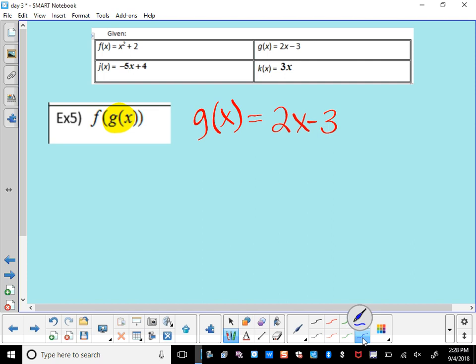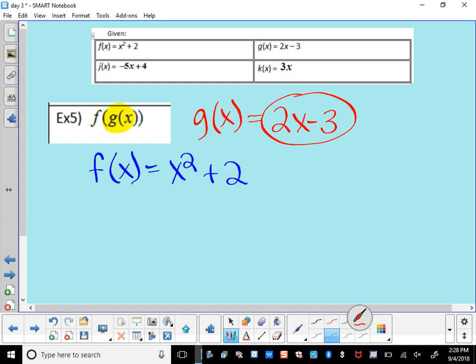Alright, Eric, which function's on the outside? We have f of x, which is what? Alright, be careful going ahead on this problem, guys. Make sure you're paying attention. When I take my inside guy, 2x minus 3, and I plug it in for x, that is going to become,